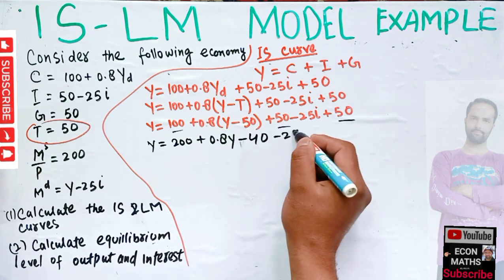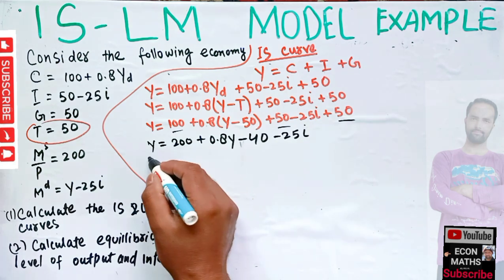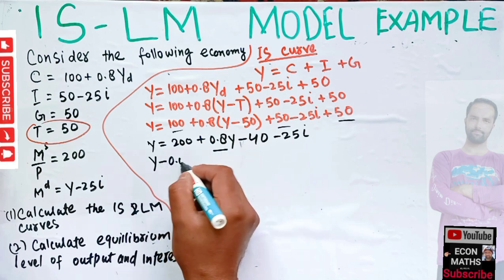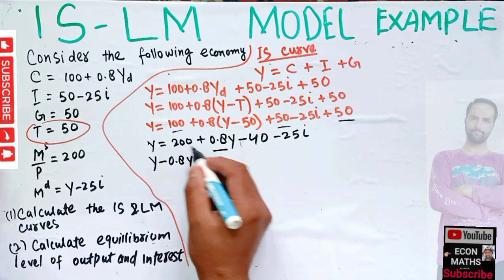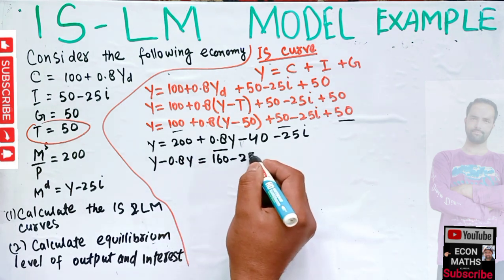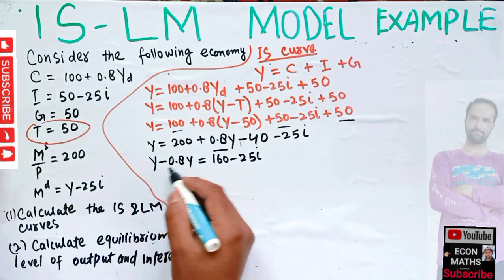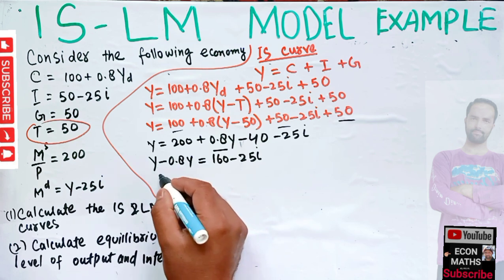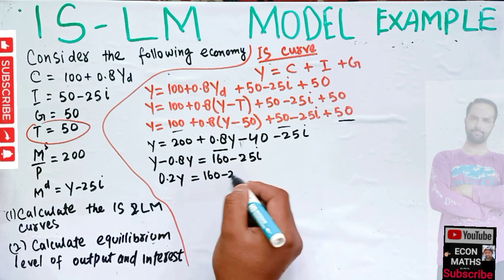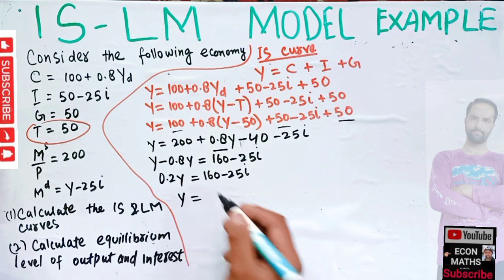Then we have minus 25 I. Transposing this term to the LHS, it will get subtracted. 0.8 Y is equal to, now 200 minus 40 is 160, minus 25 I. Now when we subtract 0.8 Y from Y, we will get 0.2 Y equal to 160 minus 25 I, or our Y is equal to